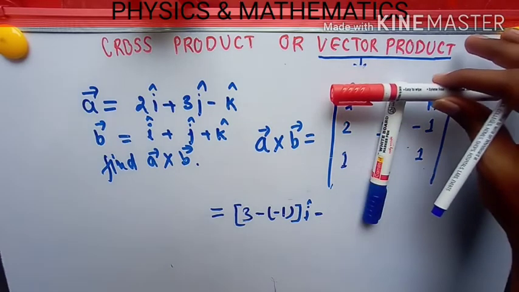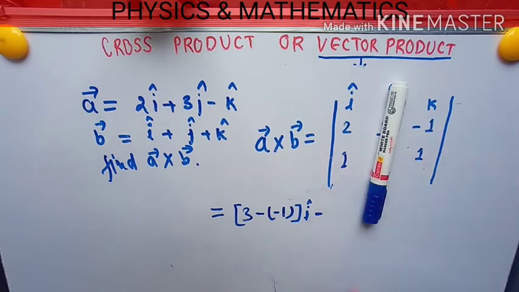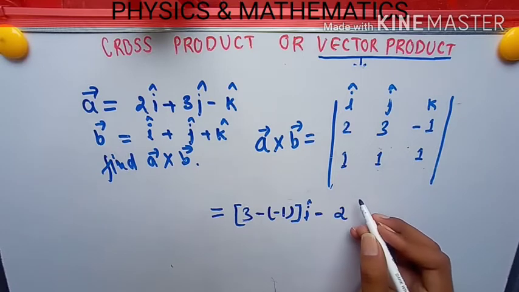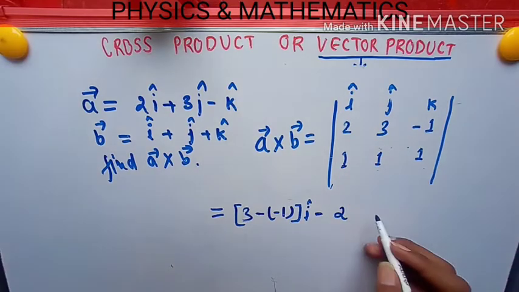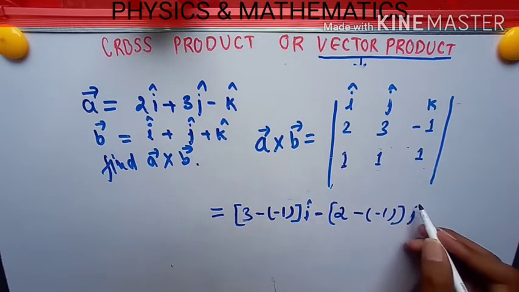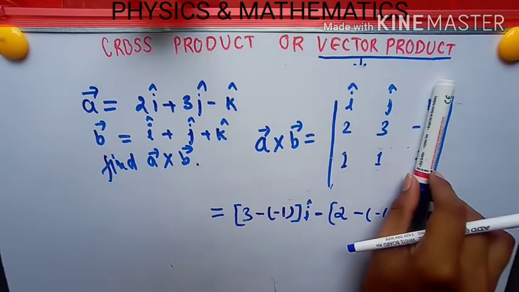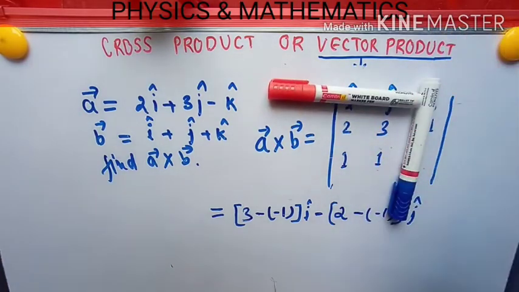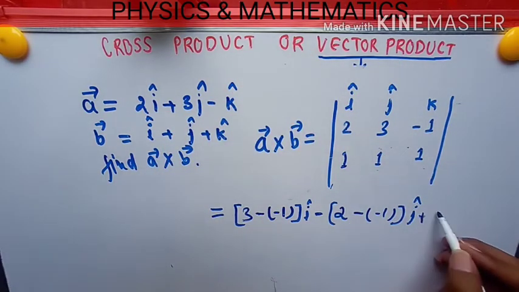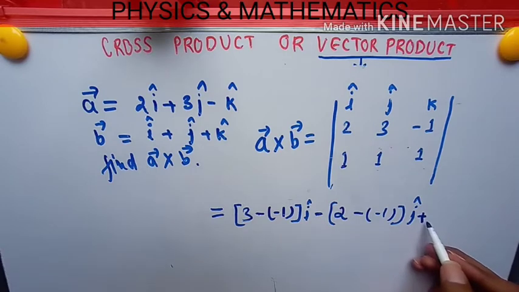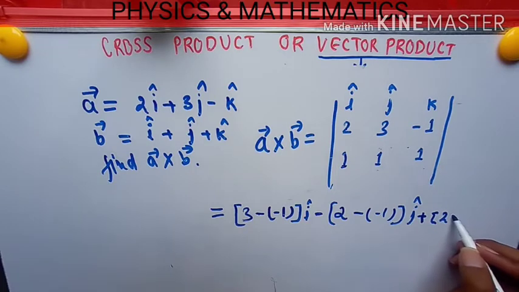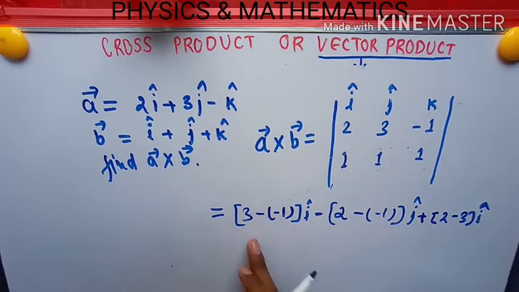Okay, again hide them. What is left? 2, 1, 1, minus 1. So let me do it. 2 into minus 1 gives you minus 2. 1 into 1, again 1. Now put j. Now you have to do the same for k. So doing for k, what is left? 2 into 1 minus 3 into 1, plus, thereafter one minus sign and one plus sign, plus 2 minus 3 k. Now subtract them and write the answer.